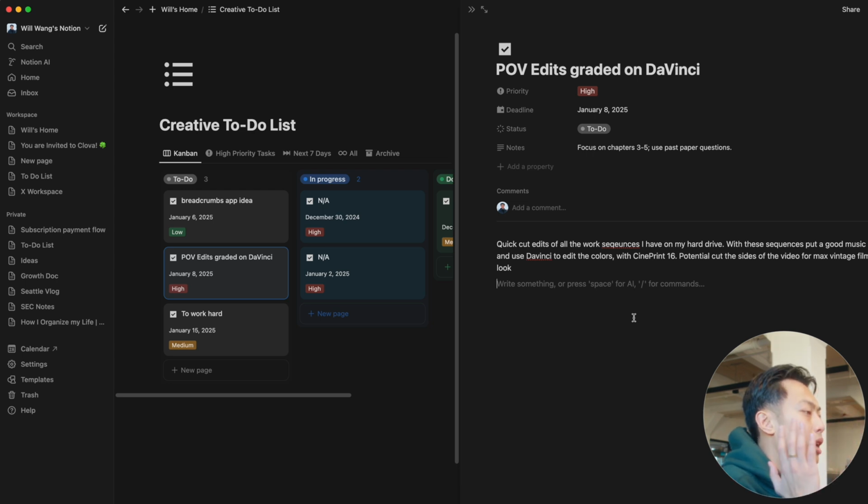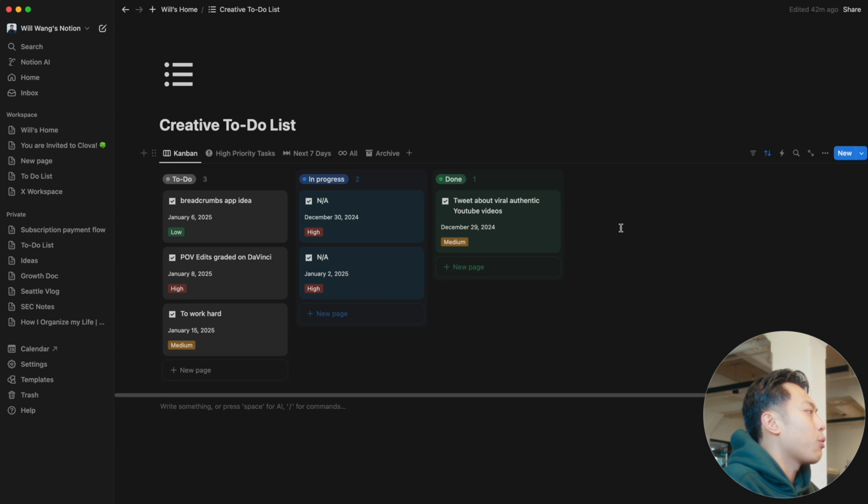I want to be able to just make quick cuts of these things and also practice my color grade. The last thing for these breadcrumb docs is that I also rank them by priority, as high or low. That means how important I think the idea is, and whether I'm going to potentially execute on it.